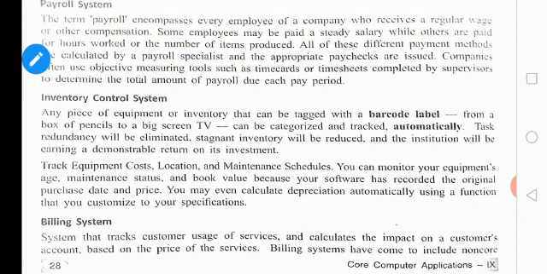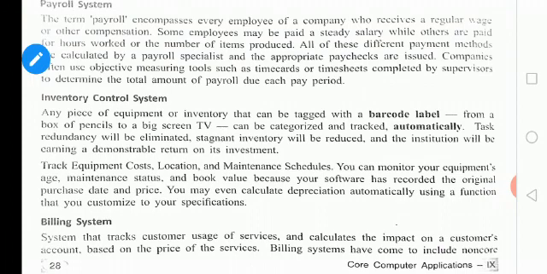Then the inventory control system. Any piece of equipment or inventory that can be tagged with a barcode label, from a box of pencils to a big screen TV, can be categorized and tracked automatically. So task redundancy will be eliminated, stagnant inventory will be reduced, and the institution will earn a demonstrable return on its investment.